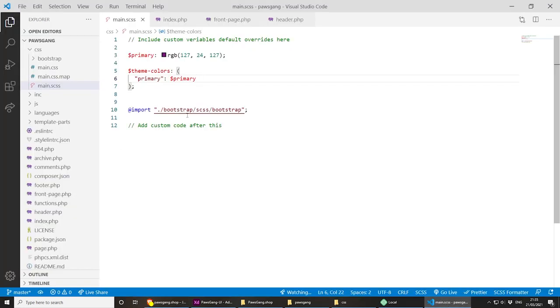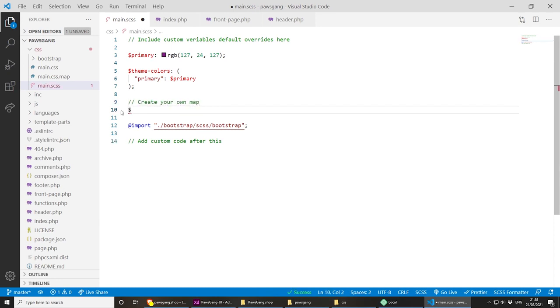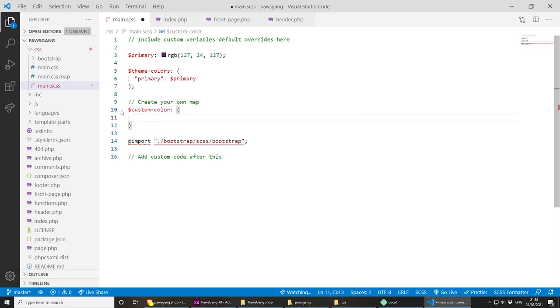But sometimes you might actually want to extend. Maybe I can do a full Bootstrap tutorial at some point as well, but sometimes you might want to extend those colors. And to do this is slightly different. So to extend the map, we can create your map, $custom-colors. And inside here is where we can extend our colors, like the primary, secondary, the default Bootstrap ones,